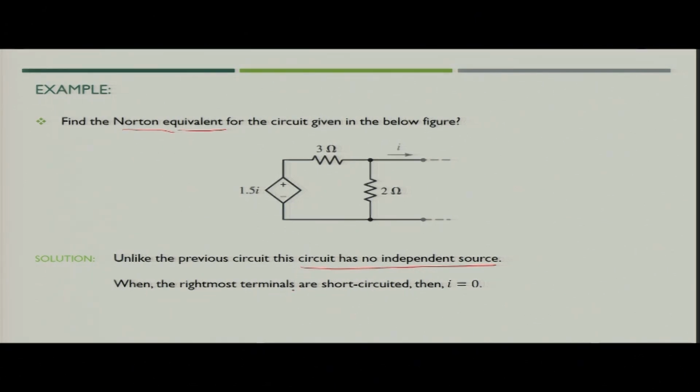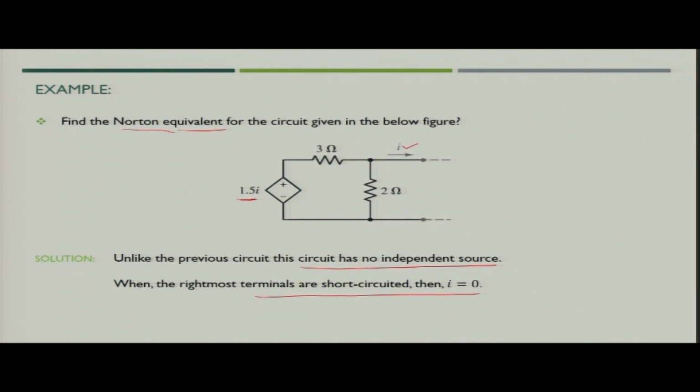So, when you short circuit the rightmost terminal, the current would be 0. Why? Because there is no other source available in the circuit which can supply current I. If it is open circuited, like in this case, the current I would be 0. Even if it is short circuited, the current would still be 0, because the source which can supply this current is not available in the circuit, and this dependent voltage source which we see here depends upon the value of current